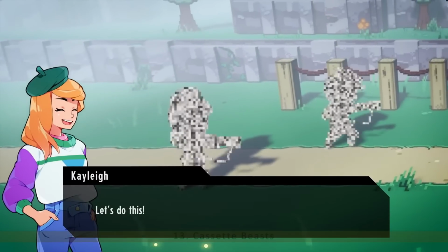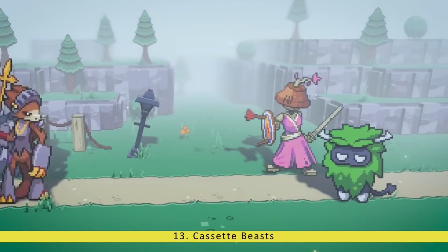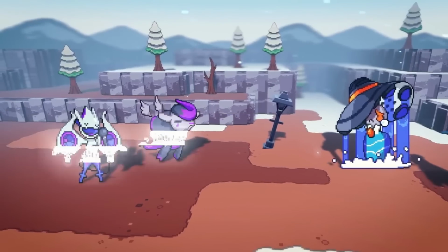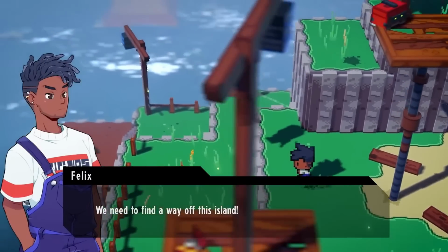Number 13, Cassette Beast. Anytime I think about handheld gaming, I look back at one of the most pivotal franchises of my entire life, Pokemon. You can even say that debatably it's the most revolutionary and most popular handheld series of all time. The thing is, while Pokemon isn't quote-unquote natively available on the Steam Deck, there however are other monster catching options